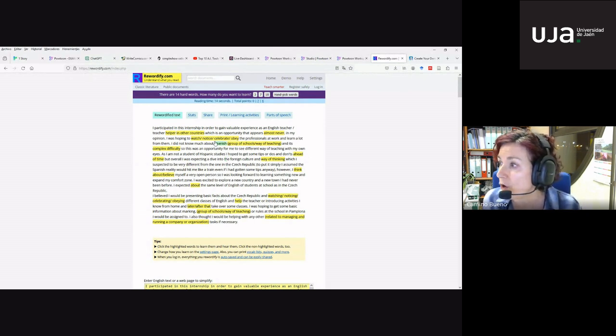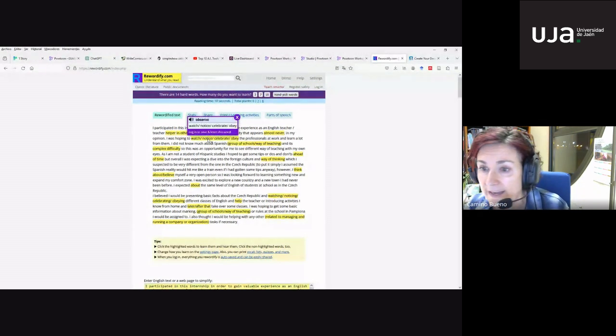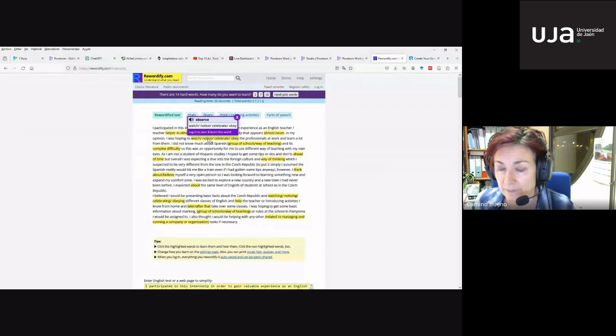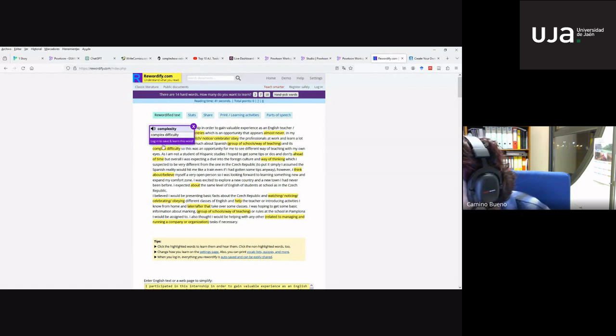And then if you go over that word highlighted in yellow, you get the pronunciation of that word. You get a simpler word for that one so that the students can understand that one. And then you get here the word, so you can save and learn that word.